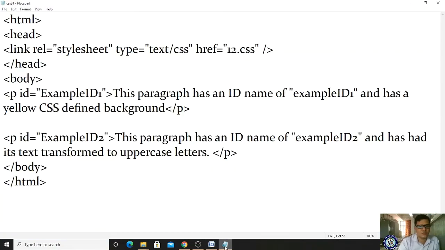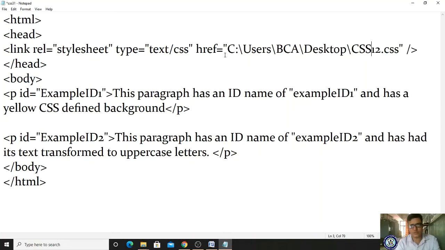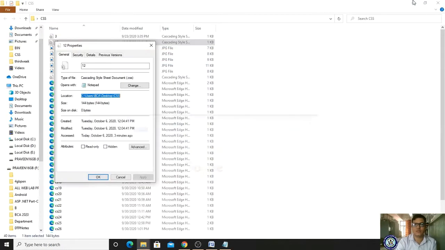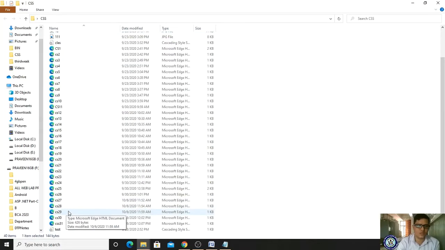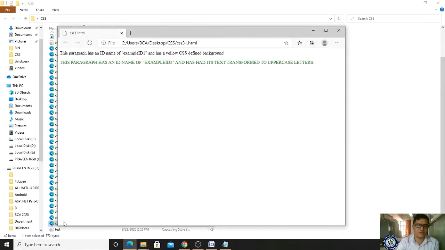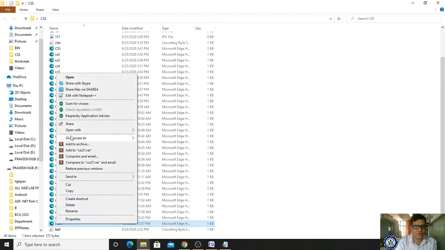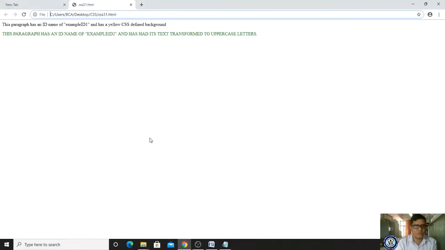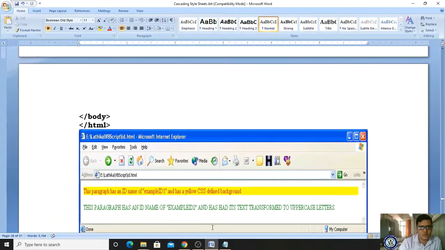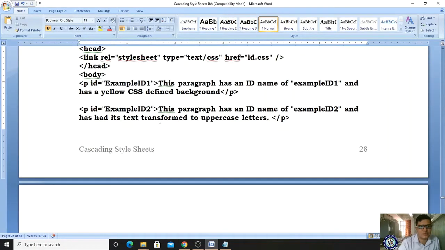Okay, now let me check in my href what I am doing. I am giving the complete address /12.css. Now I am modifying and minimizing, right? I am closing and once again opening my file. This is css31 and I am refreshing. What happened? It does not appear. Let me open it with Chrome. In Chrome also it is not showing. It actually has to come like this, but it has not come.